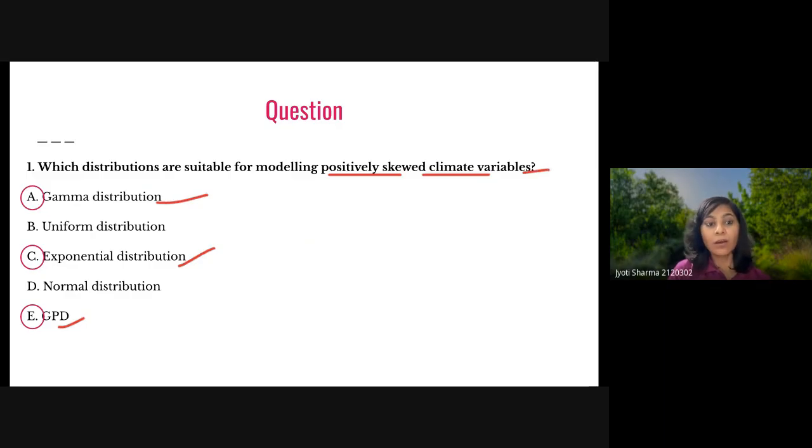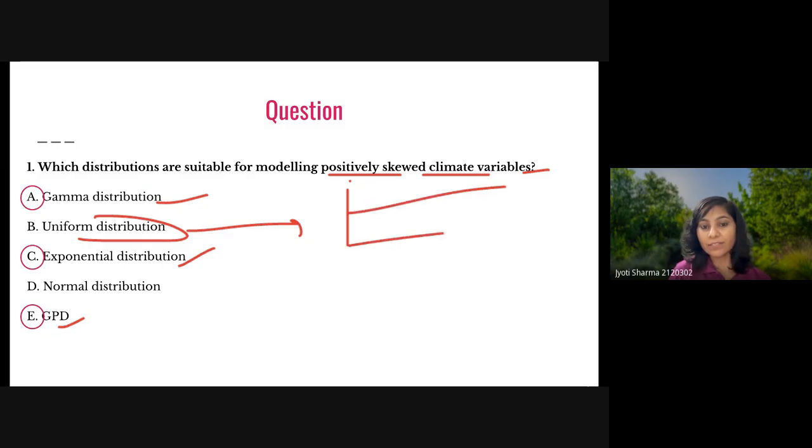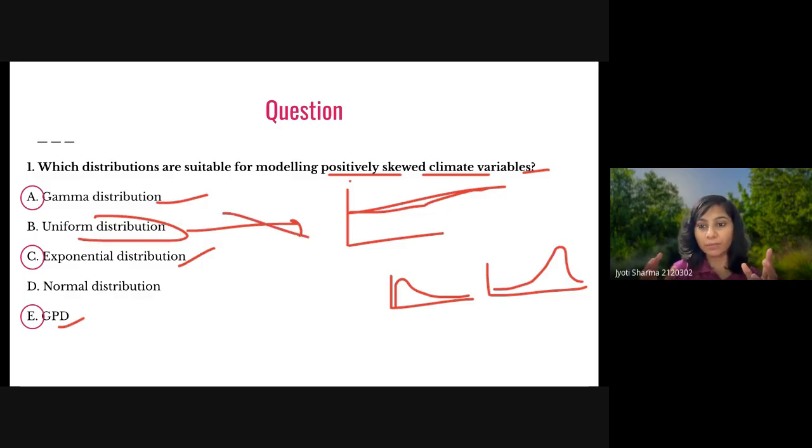climate variable. For uniform distribution, this is like this. This is not skewed one. Skewed one is either this, and this is also skewed one, right? But if we have this, it means each value has equal probability. So this is not possible in the positively skewed data set. So uniform distribution is not among the right answers, and normal distribution also has negative values. And if it is positively skewed, then it can't have negative values,